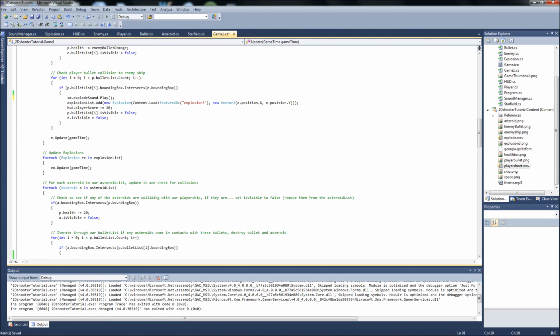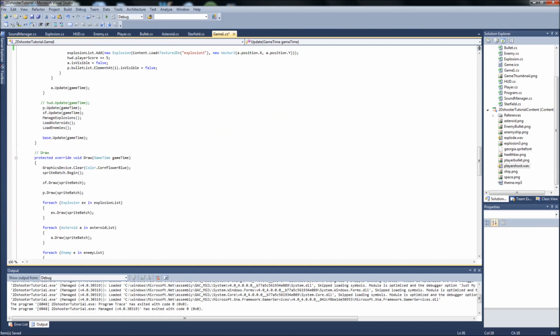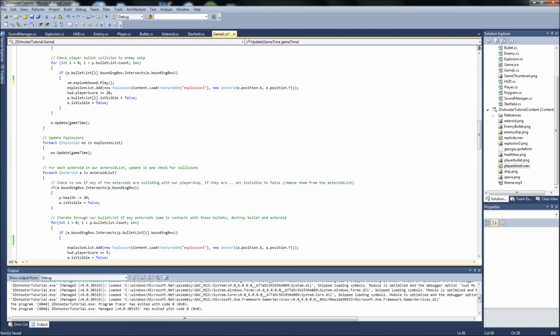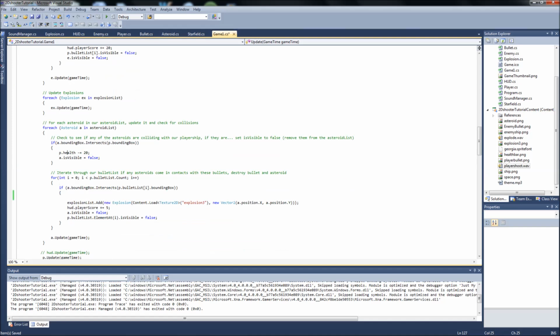And then we're going to go into our foreach asteroids. Where is that? Right here, foreach asteroid. This is in our update 2. We're in our Game1.cs. We're going to go down here where we're calling the explosion when our bullets hit an asteroid, and we're going to play our explosion sound here too. So sm.explodeSound.play. Alright, and I believe